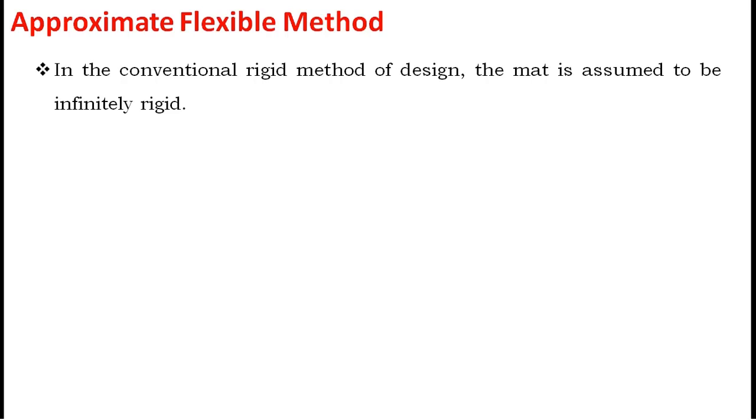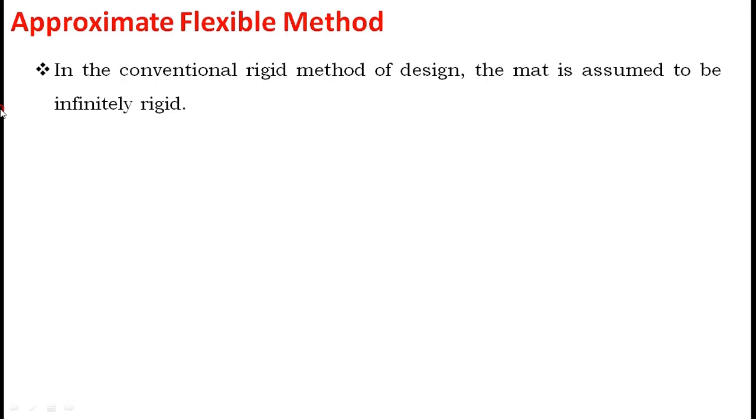Why does this act as a bridge? Because we assumed that the concrete density is more compared to soil density, therefore it acts like a rigid body. Okay? But actually speaking, it's not that rigid, because what is the concrete density? 25 kilonewton per meter cube. Then what is the soil density? 18. If you go deeper and deeper, you may get 20 or 22 kilonewton per meter cube. They are somewhat near to each other, but still you can approximately assume it as rigid and go ahead, you will be safe.